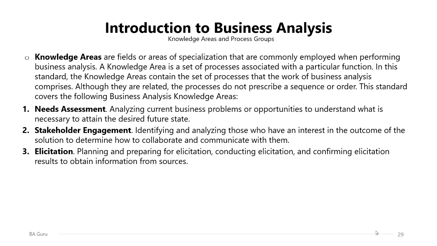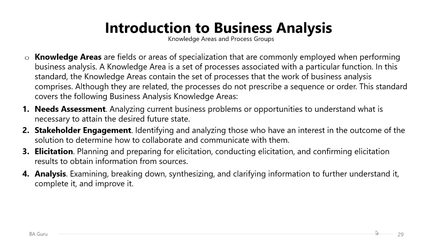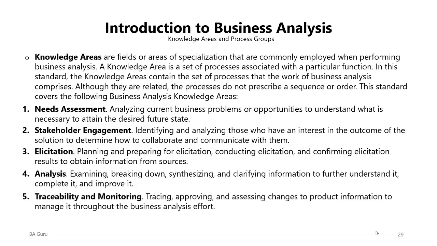Elicitation, planning and preparation for elicitation, conducting the elicitation and confirming elicitation results in order to obtain information from the sources. Here we are going to elicit all the required information and the product requirements. Analysis, examining, breaking down, synthesizing and clarifying information to further understand it, complete it and improve it. Then we have traceability and monitoring, tracing, approving and assessing changes to product information to manage it throughout the business